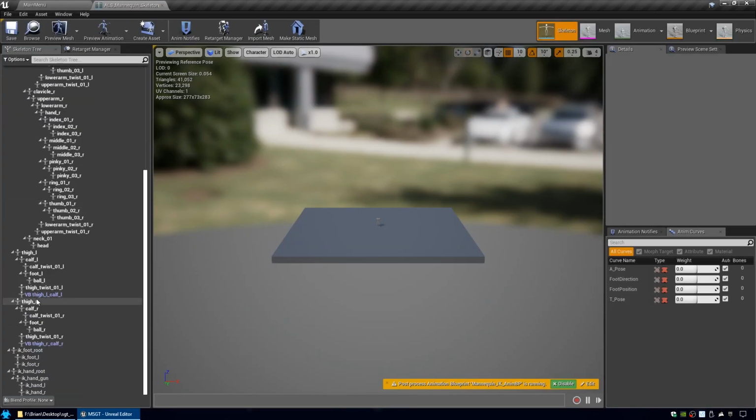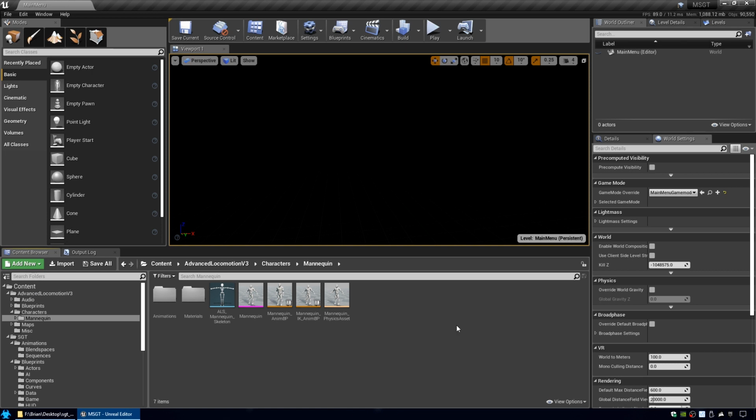And you can see he has the virtual bones that would allow the inverse kinematics to work. So we want to use this skeleton just because I found that when you try to recreate these, sometimes it causes problems with IK, and it's kind of a pain to get around. Maybe at some point I'll make a video on how to fix that if you've accidentally messed up your IK